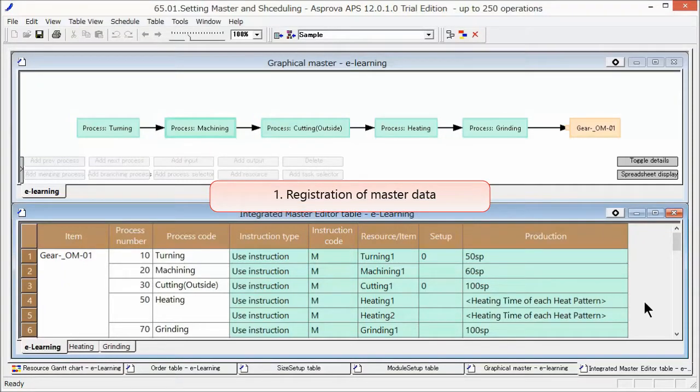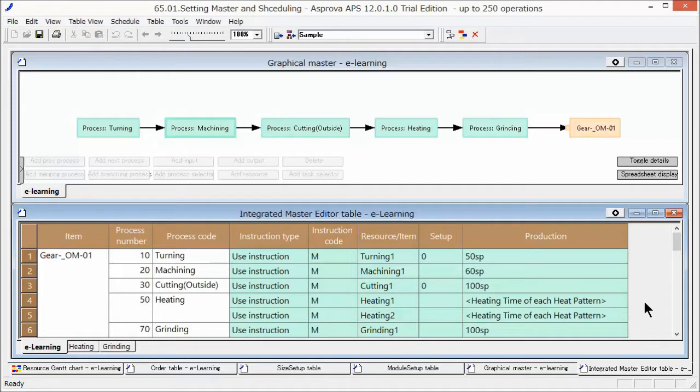First, let's take a look at the sequence from master data setting to scheduling. Scheduling requires item processes for the creation of a production plan and production capacities. Based on that information, scheduling that takes into account production capacity, production quantity, and loads is achieved. The processes and production capacities for gear